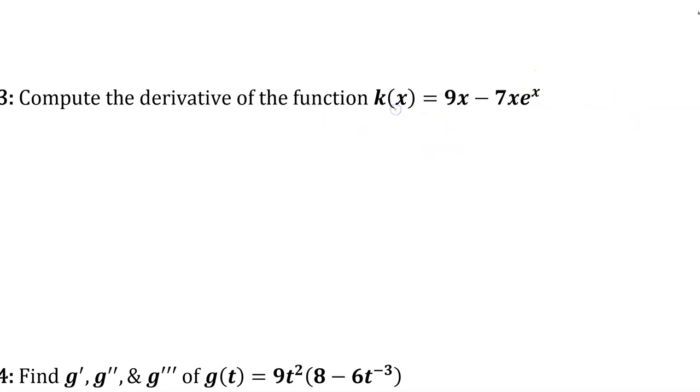Okay? So, if we call, arbitrarily, I'm going to call this part f and this part g. So f prime would be negative 7 and g prime would be e to the x. So we have